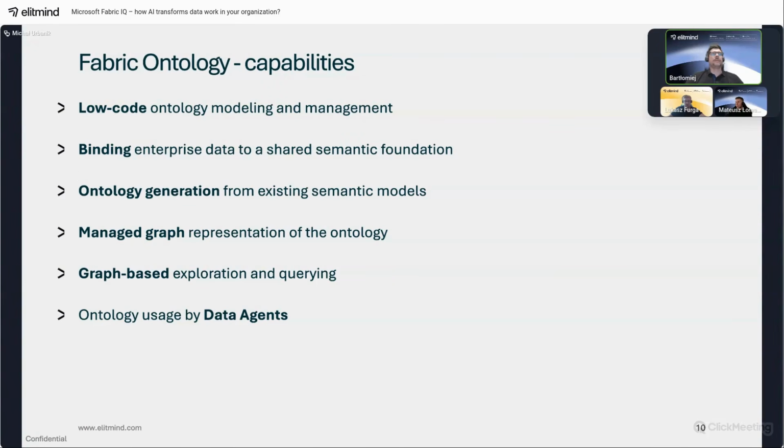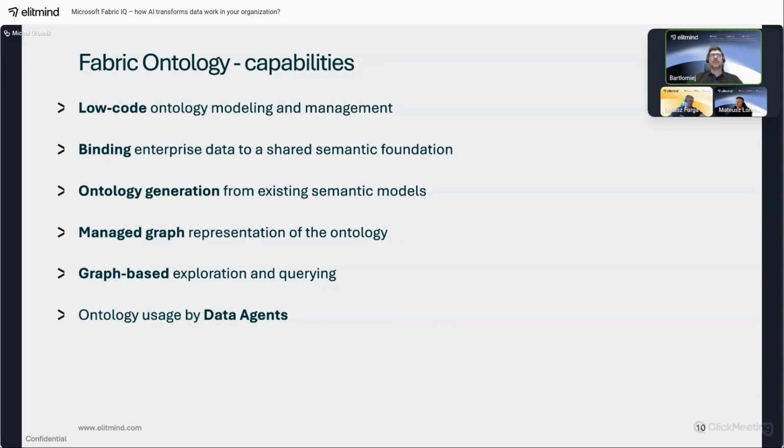So there are a few capabilities of Fabric ontology. First of all, we have this low-code UI that Fabric provides that enables us to model the entities inside our ontology item. Next, we can bind our enterprise data to a shared semantic foundation, so we can define a link between our entities and the data which resides in tables.